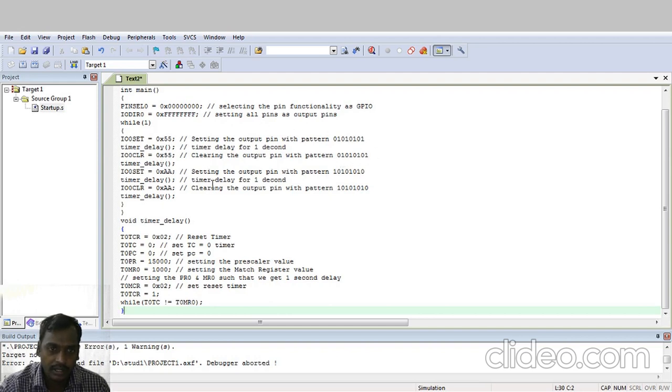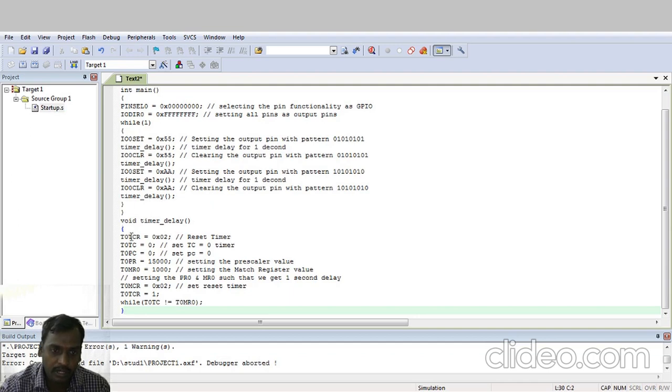Every time timer delay is written, it will call the timer delay program. Again IO0SET, where we give some value to set the output pins. Then again timer delay will be called, then IO0CLR with 0xAA, which clears the output pins with the pattern 10 10 10 10. Then timer delay, to call the timer delay.